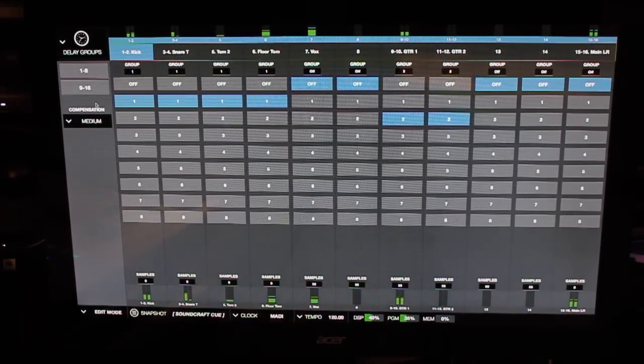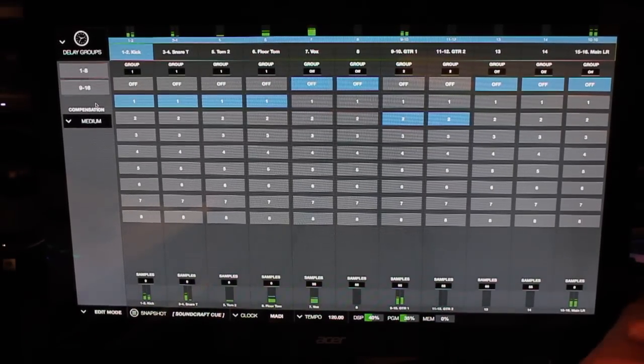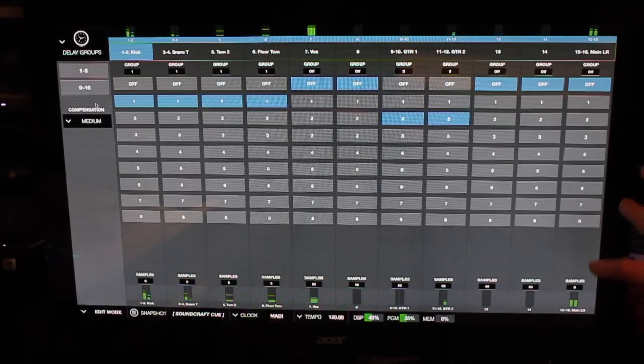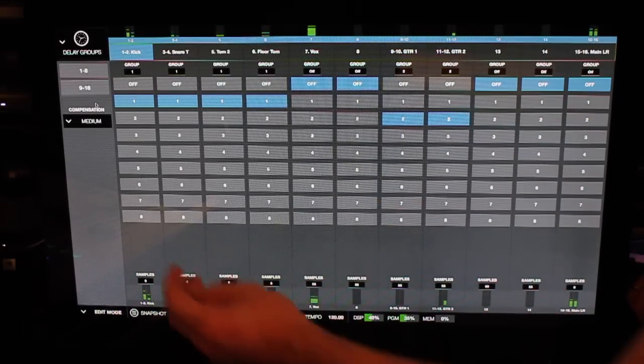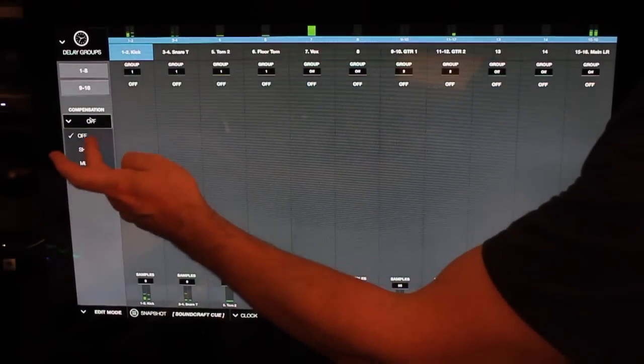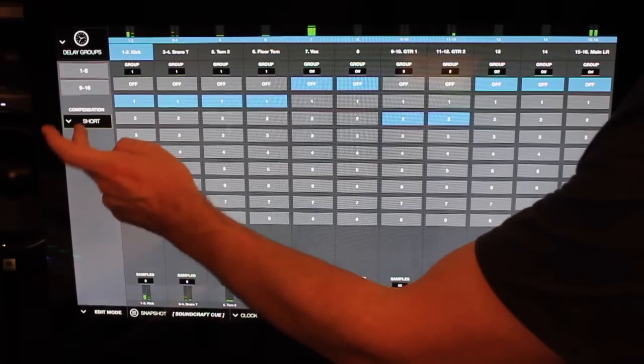Okay, this page is a delay group page. A VI console is essentially a fixed latency product with additional latency added every time you go through a bus, which is pretty common in pro audio. Our view is the best thing we can do with latency is to empower the user to understand and to work with it. So this delay group page allows us to choose a target delay compensation